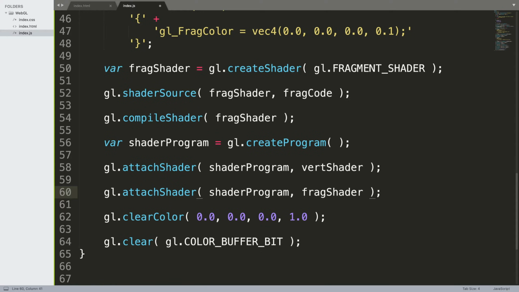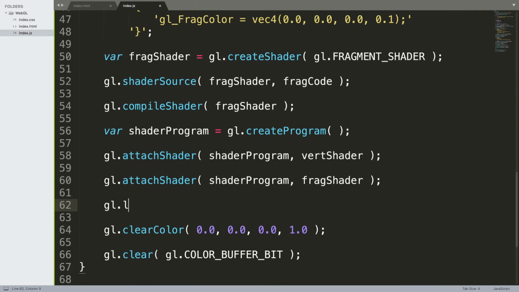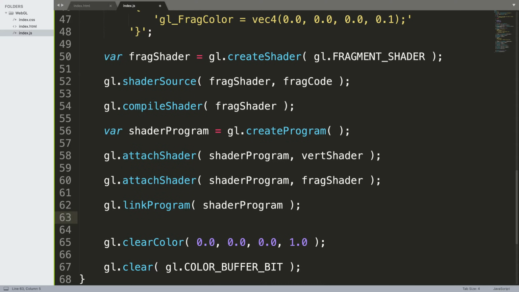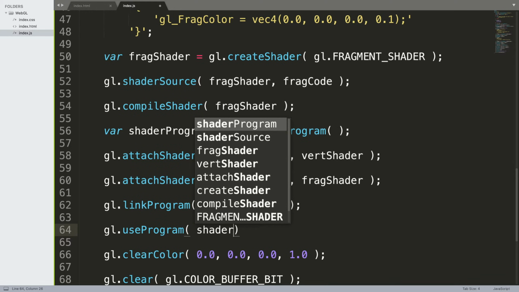Okay, so now we need to link the programs. To link it, what we do is gl.linkProgram(shaderProgram); And now what we need to do is actually use the combined shader and program. So it's the program, which essentially says what it's going to execute, and the shaders that we created. To do that, we do gl.useProgram(shaderProgram);